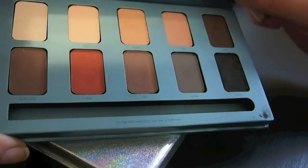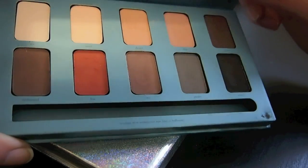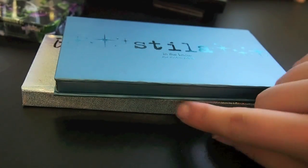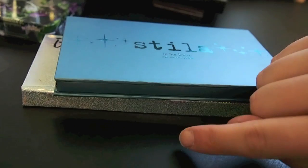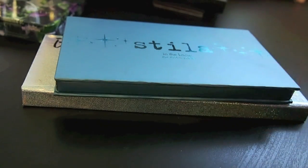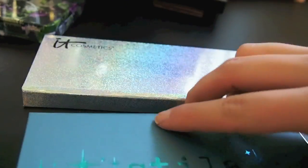I've probably swatched it all though, so this is pretty neutral. I mean, they're both neutral and matte. So this one has 10 shades. So I'm going to pan one of these. I'm leaning towards this one right now. Whichever one I end up deciding to not pan, I'm going to try to declutter. So I'm leaning towards this one because